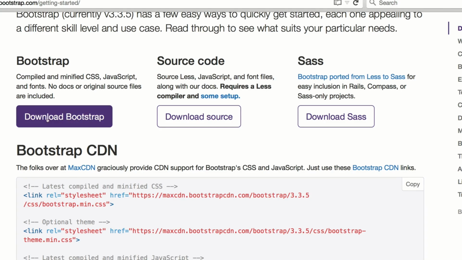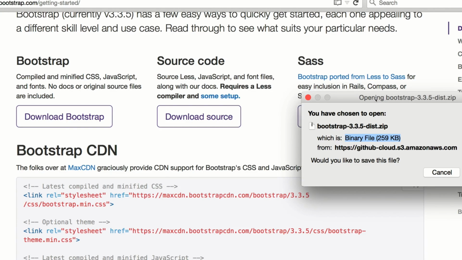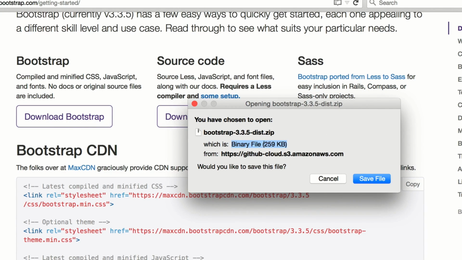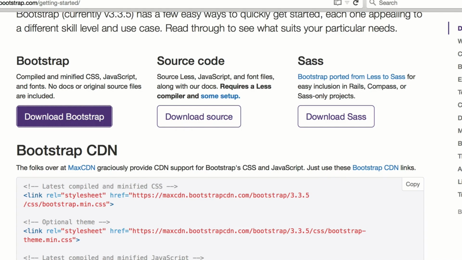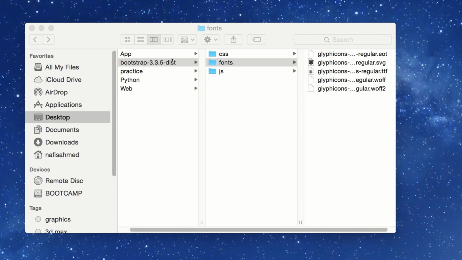in real life. So you can go for this download button. You can download this Bootstrap. So whenever you click that, it's going to give you a zip folder. I've already done that. It's going to give you a zip folder that's approximately 259 kilobytes. So this is the zip folder. When you unzip the folder, you're going to